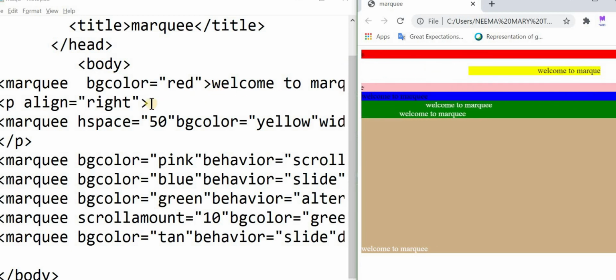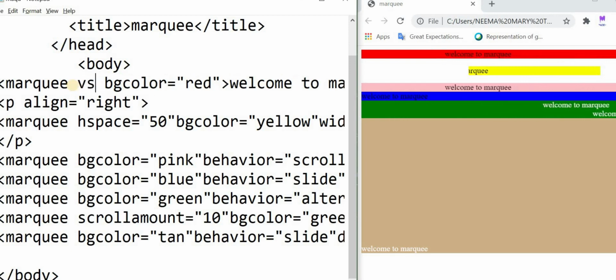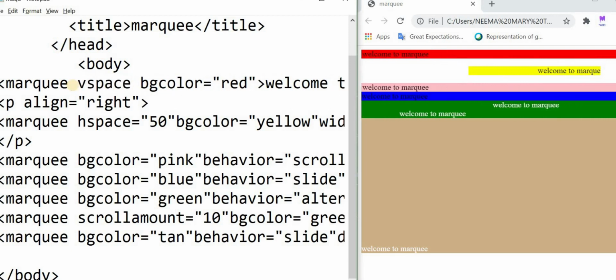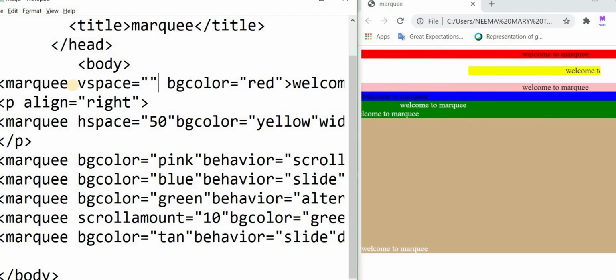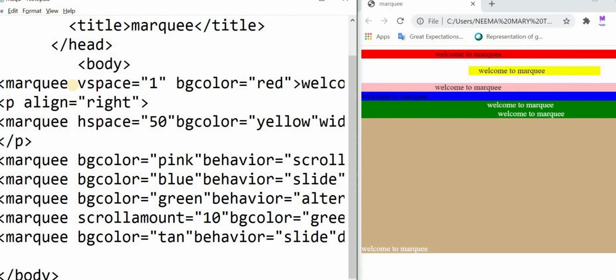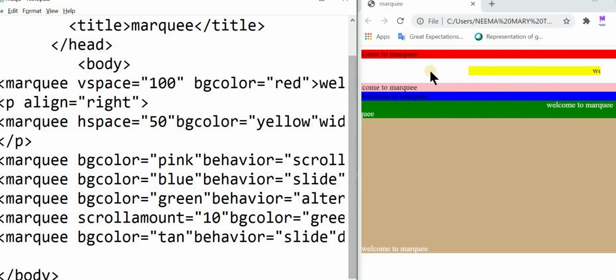Now let's learn V space or vertical space. For that I am selecting this one. Now there is no space from the top to the starting of this marquee. Let us give V space here. V space is equal to, again I am giving 100 pixels. Saving the file. Now look here, there is no space. Let us refresh that.